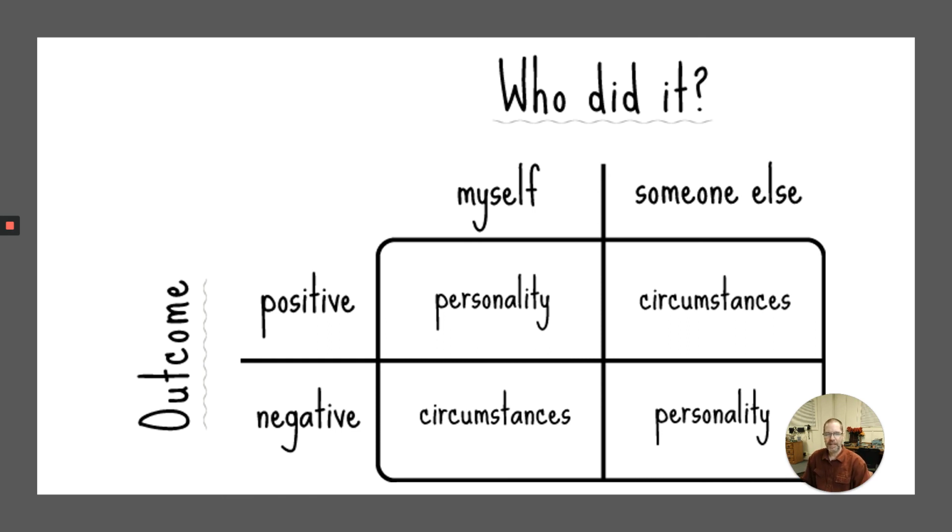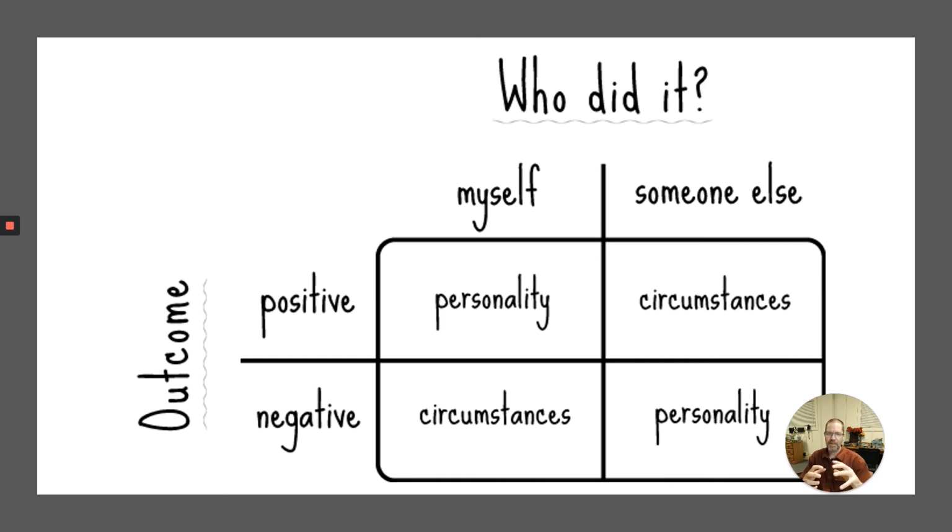However, if it's someone else, I'm not implying that we would do that, but I said this is just to go with the attribution kind of theory of self-perception. Oftentimes, if it's a positive outcome, and it doesn't involve us, it involves someone else, then we could easily say, well, it's just the circumstances. It's not so much the person, but they wouldn't have been able to do that without these other things happening. However, if it's negative, do you see how it's reversed in the table?